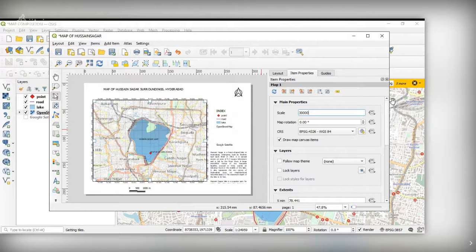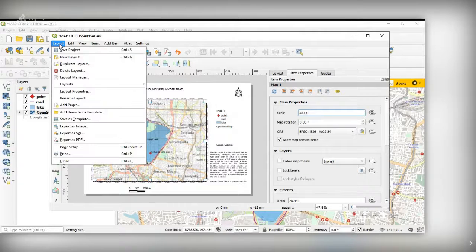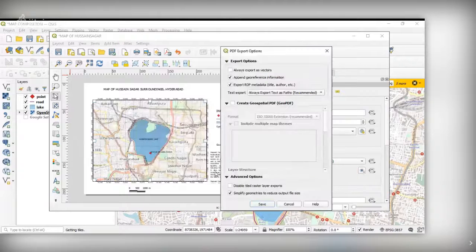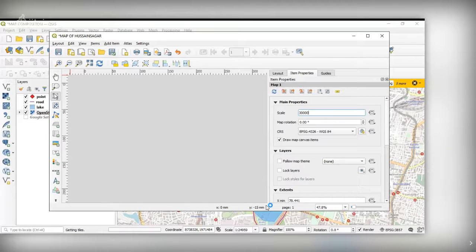So once this is ready, the next is to export it to a PDF format or image format. We'll do both. Export as a PDF. Map of Hussain Sagar PDF. It's taking time.